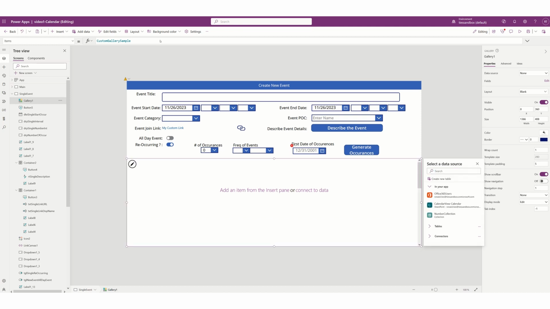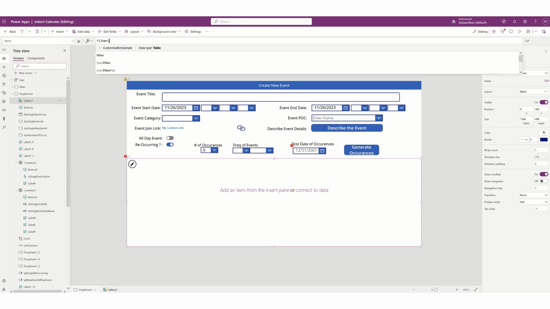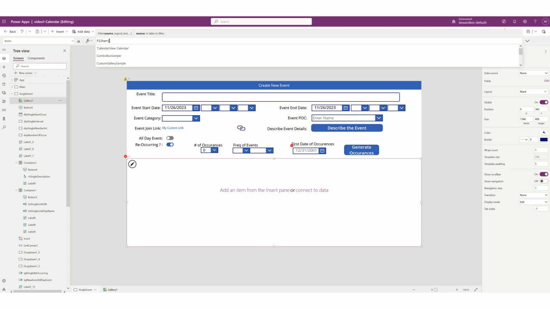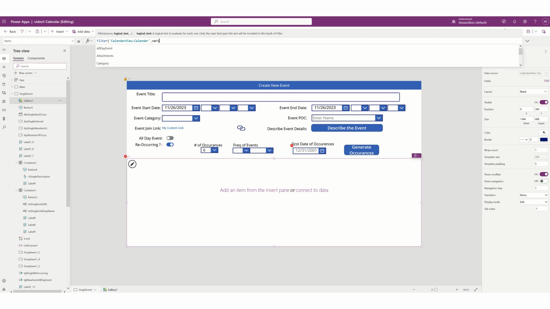So for our items, what we're going to do is tie it into our SharePoint list, right? So we're going to go filter, because we're not going to show everything. Calendar view calendar, or series ID equals series ID,